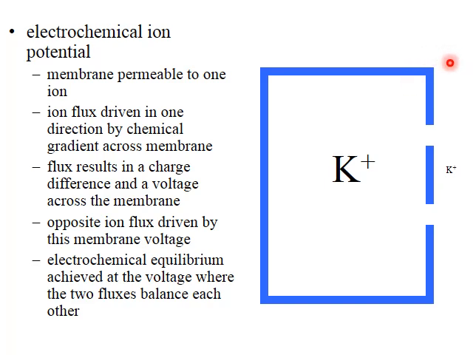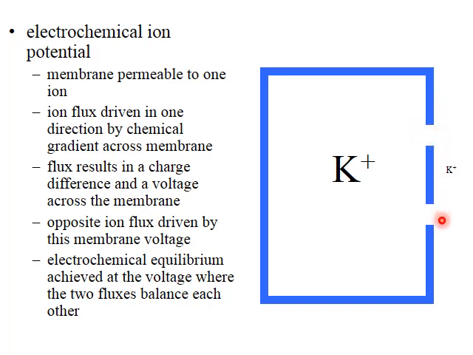Let's assume that we start with a cell that is permeable only to potassium. The cell has ion channels shown here and here that are permeable to potassium. For this argument, we're going to assume that these potassium channels are actually voltage independent. They're not gated by voltage, but they're always open, so we can think of these as leakage